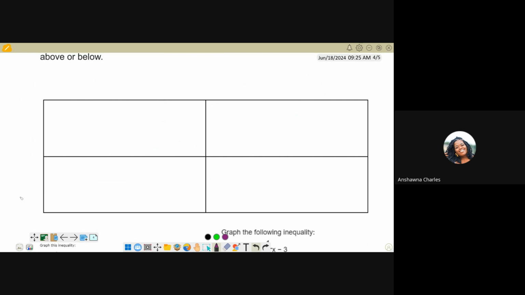All right, so right here we're gonna put below. We're gonna put BADS. The B stands for below, above, dashed, and solid. Well, not solid, just